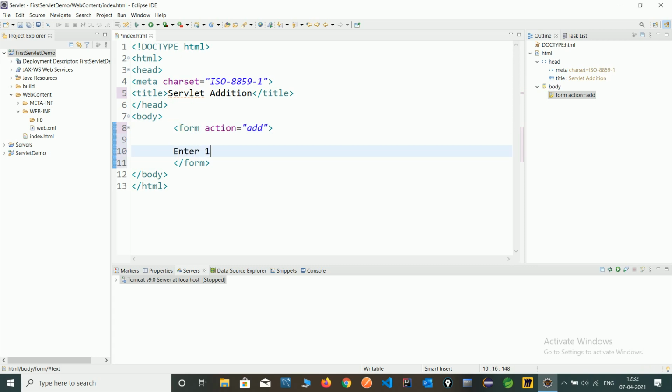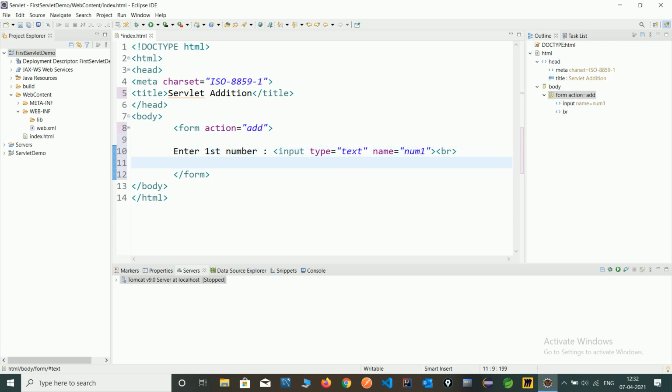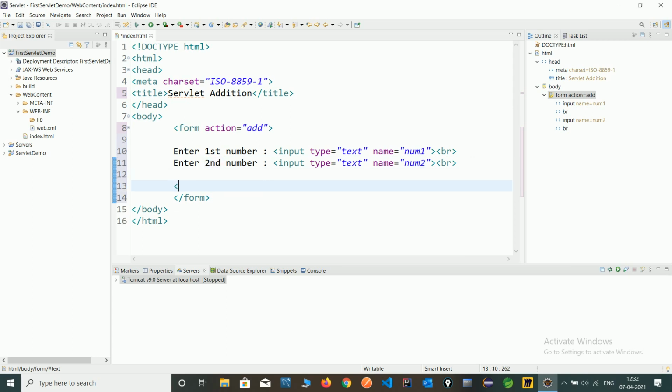Create two text boxes, enter first number, and take an input box, give name, I am giving num1. Copy the same for the second number, take it as num2, mention the second number here, and take one button.